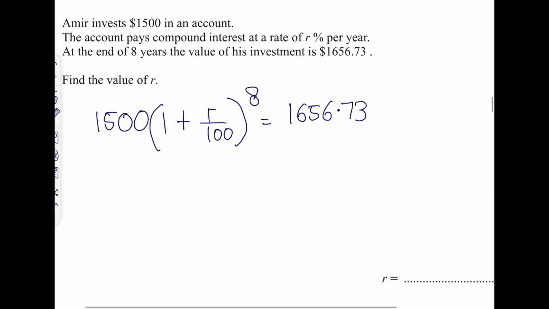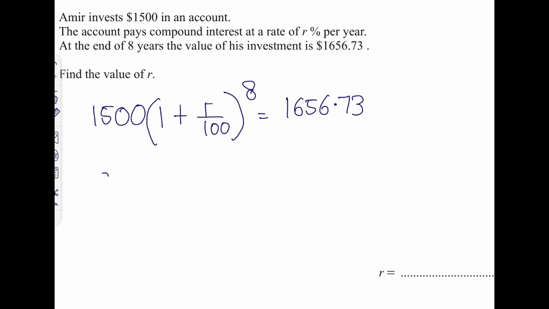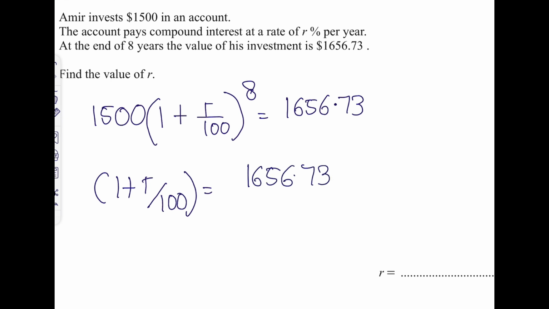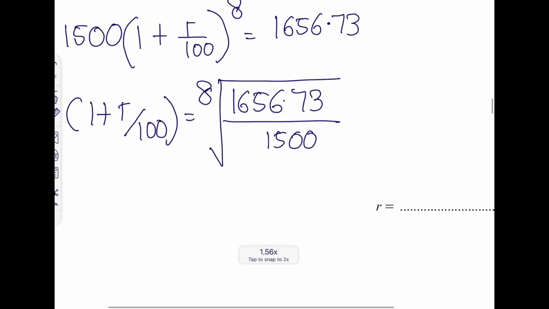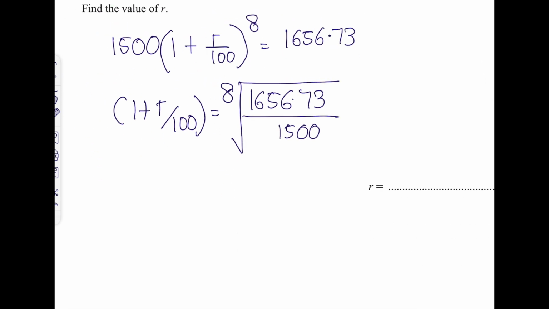1656.73. Now in order to do this, you would basically separate 1 plus R over 100. Since this 1500 is being multiplied with this bracket, I could take it to the other side and put it in division. And since this is a power of 8 left alone, I could do this and put the root outside. I hope this method is clear. Now I wouldn't want to solve this because I have a very long answer and I have to continuously keep using this. In order to find R now, I would just